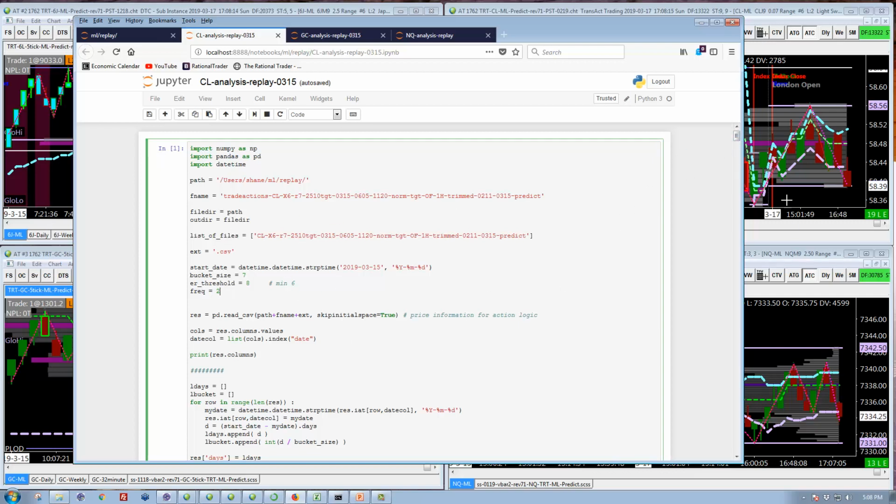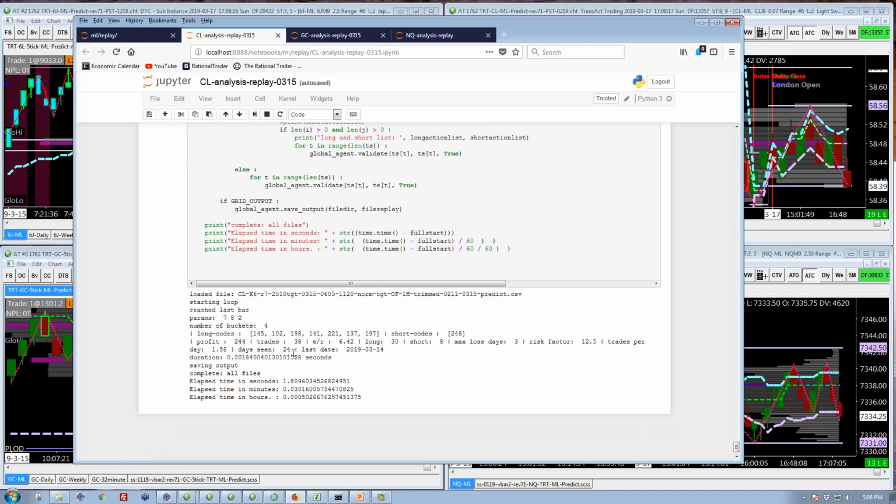And so you run this program, and it gives you this output. You've got to be careful now with this output because it's different than what we've been using. Before we would run this, and this profit number was intended to be predictive, and could be used to say, okay, this set of codes has this potential. You can't do that here because we're using a model that has seen